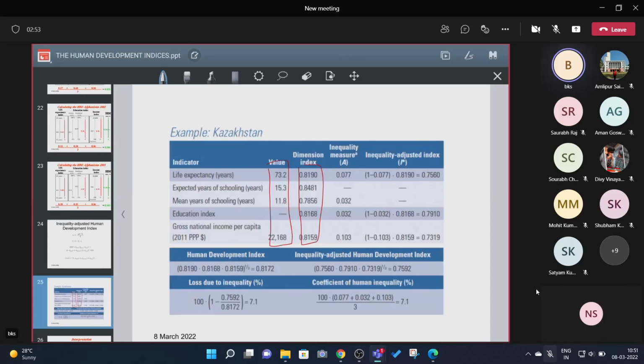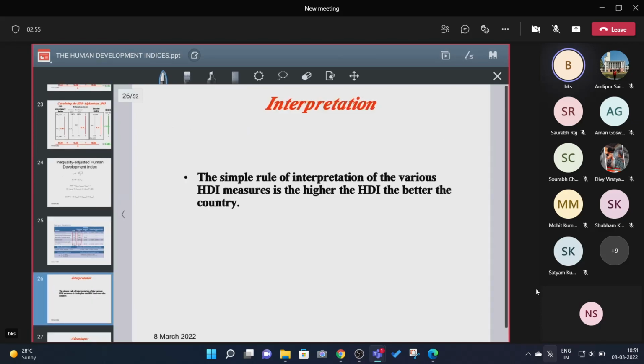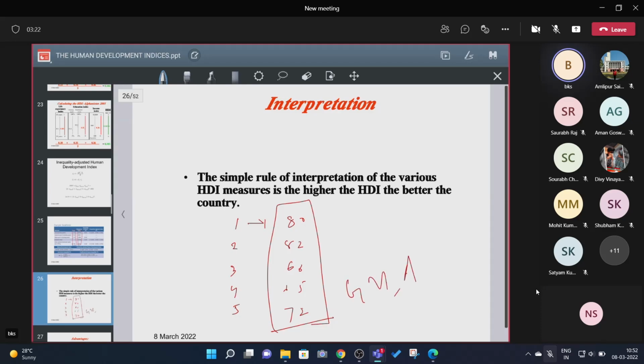As some of you asked how we can calculate the inequality measures, let's say for a country like India, we have 1, 2, 3, 4, 5 regions. And for each region, you have life expectancy 80, let's say 82, 60, 65, 72 sort of thing. So from these numbers, you can easily calculate your geometric mean as well as your arithmetic mean. Then you can calculate your A health, that is the inequality in the health dimension, which is 1